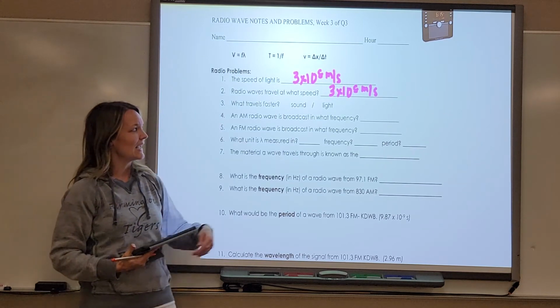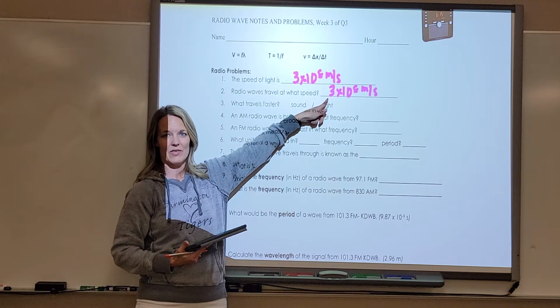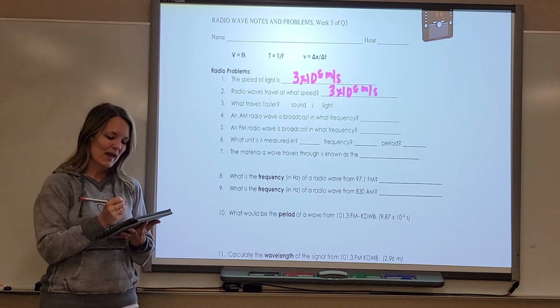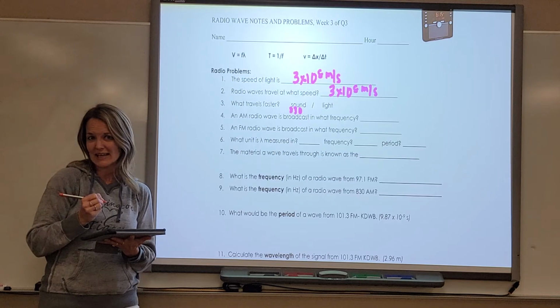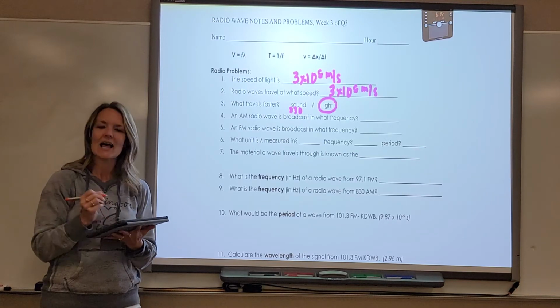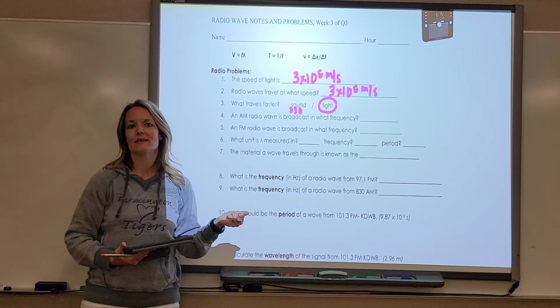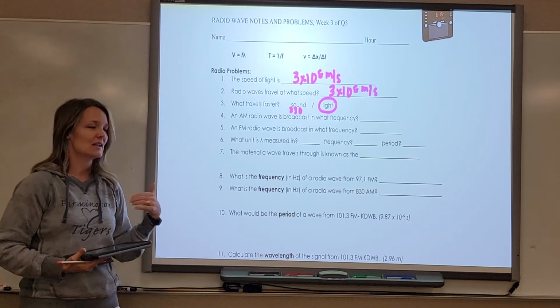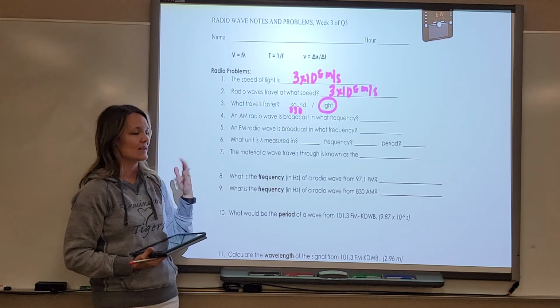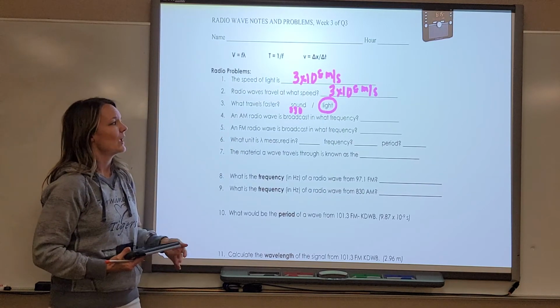Okay, we know that light is 3 times 10 to the 8th. Sound, thinking back to last week, was more like 330 meters per second. The answer is light, about 1,000,000 times faster. So much faster. And that's because it doesn't need a medium to travel, whereas sound does. It takes time for it to travel. Okay,